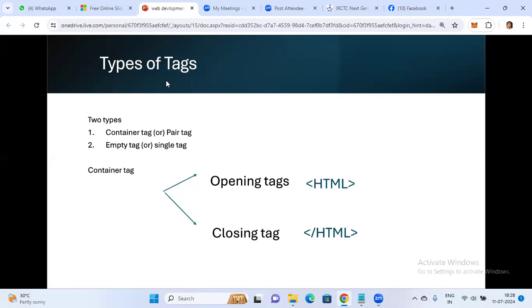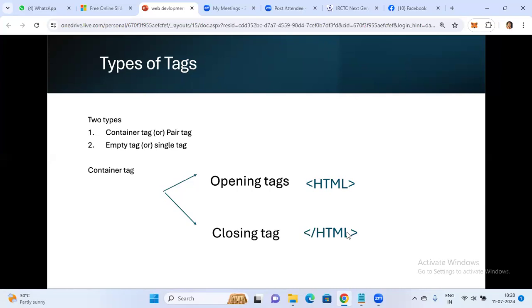Understood? So this is all about the two types of tag, and now let's discuss each one: what is a container tag and what is an empty tag. When you're talking about a container tag, it actually has two tags in it: an opening tag and a closing tag, like an HTML opening tag and an HTML closing tag.